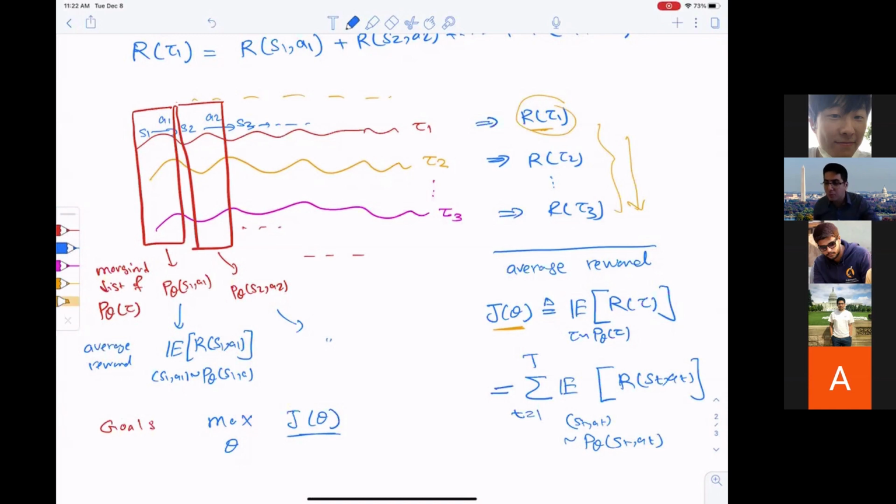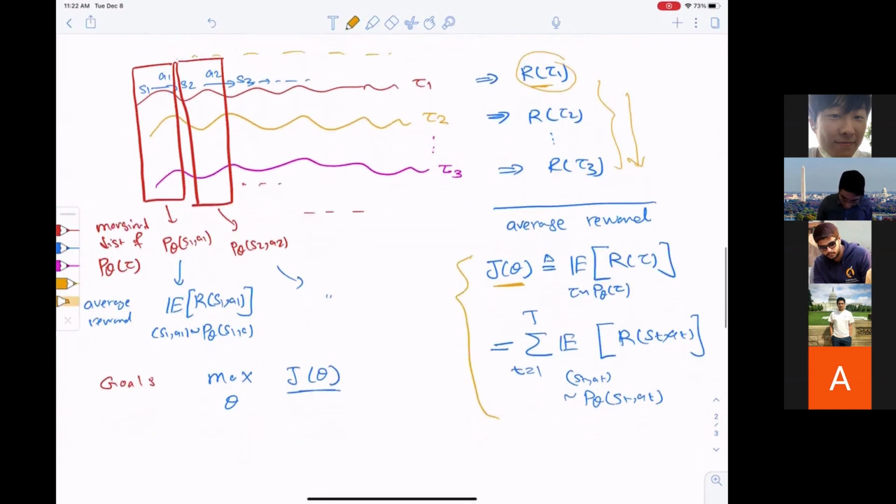And it is a useful formulation. Sometimes we start with the first one, but sometimes it is easier to use the second formulation. But nevertheless, my objective here is to find the theta to maximize the average reward associated with that particular model.